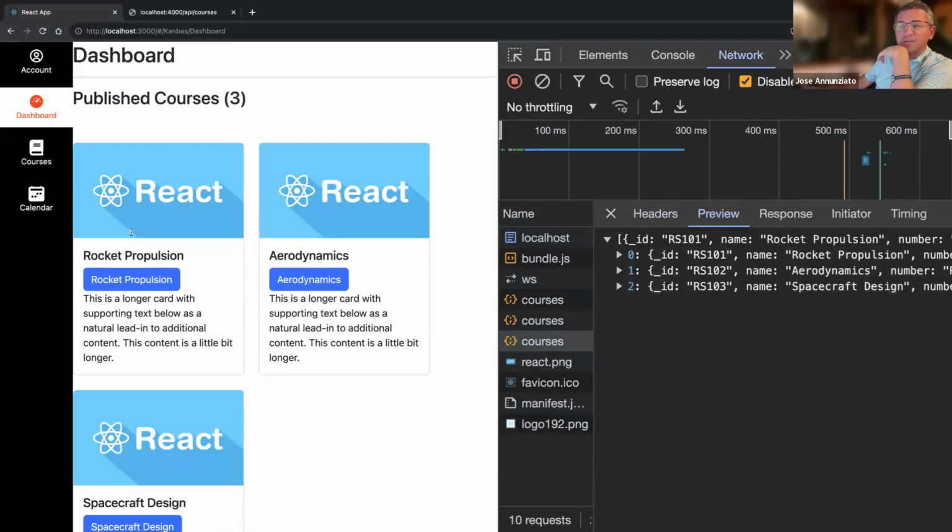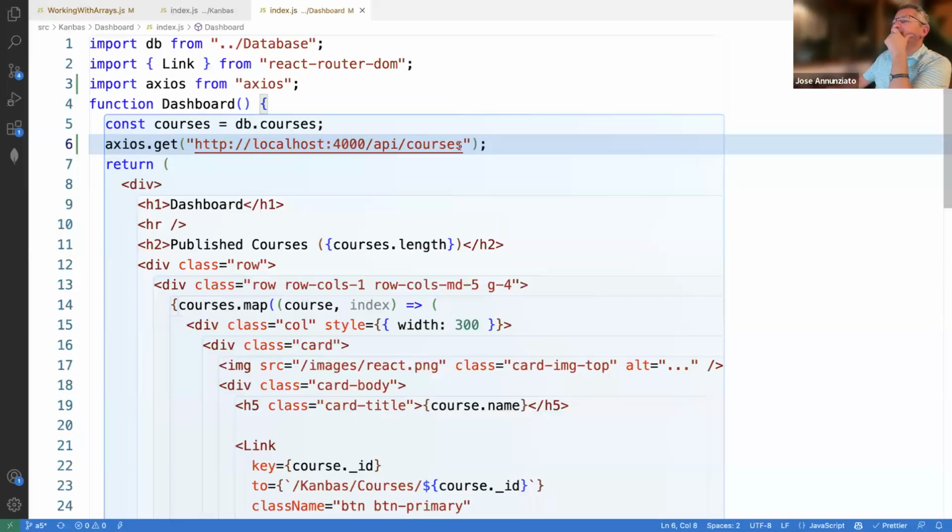So we are closer, right, to replacing our database here, right? All right, so how do I then grab it? Okay, so we need a place to store this, right? So we probably need a state variable, right? Anyway, but we have this get. We can do